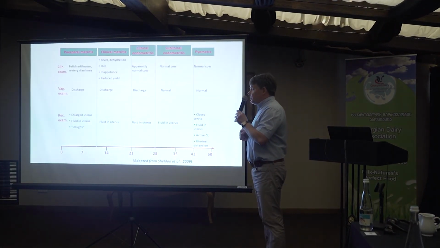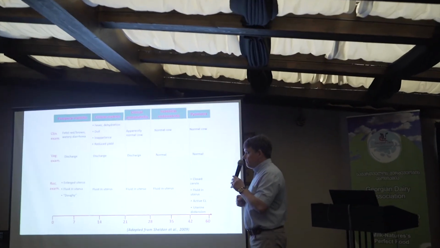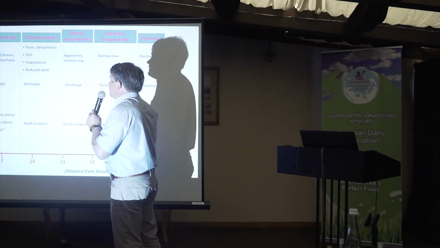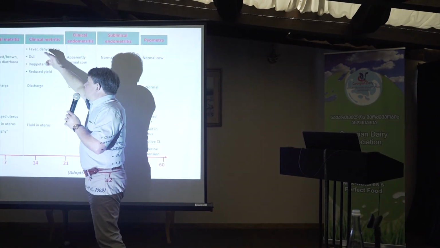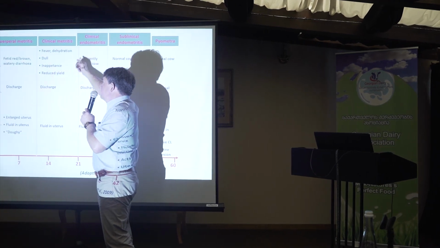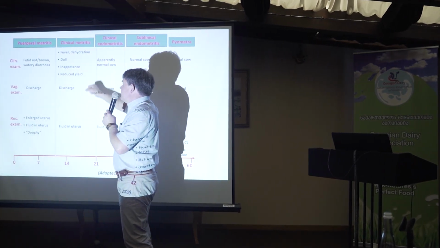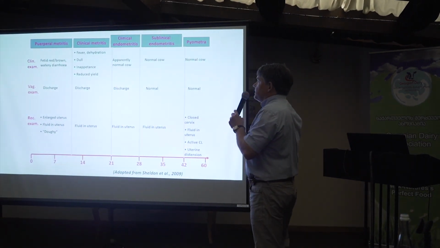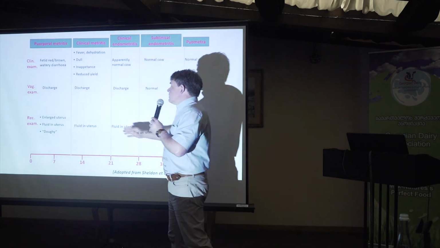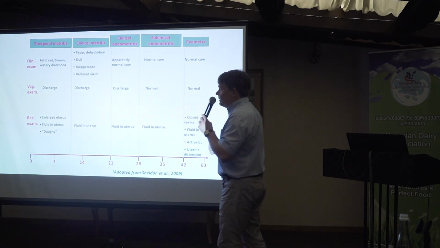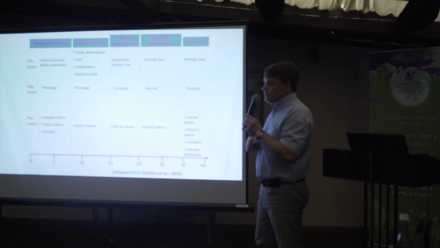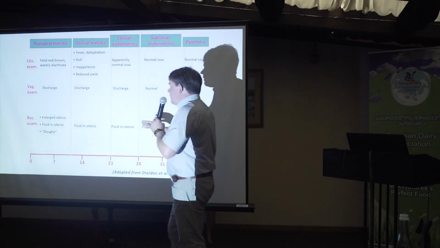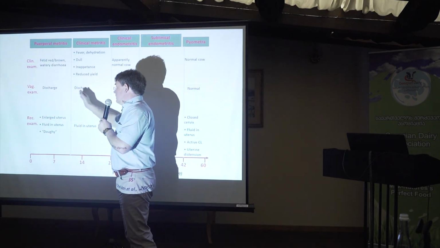And then, after 10 days, if the cow is not getting over it, it may go to clinical metritis. There is still a fever. The cow is cold. There is inappetence, reduced yield. And of course, from the vagina there is always discharge, and again, this discharge is very often purulent. And of course, fluid in the uterus, either on rectal palpation we can feel it, or if we are doing the ultrasound, the ultrasound will show us. And now, here are the times usually when the treatments are done.